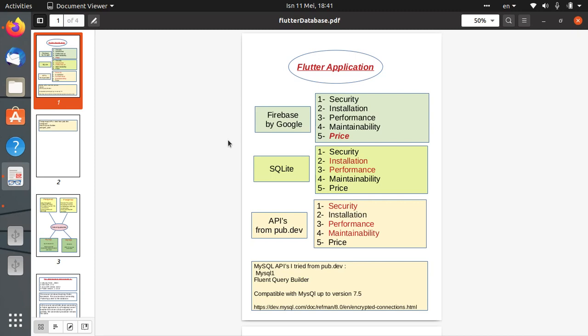In terms of the installation, as I have checked, the installation of these APIs is very easy. In your application, you just take a link, put it in your pubspec.yaml file which is in your application. That's it. Voila, you can use that API. The price, I believe all of them are free, so these are 2 things